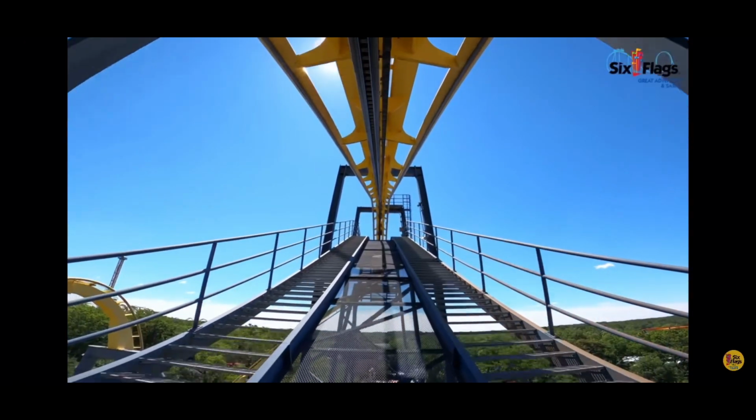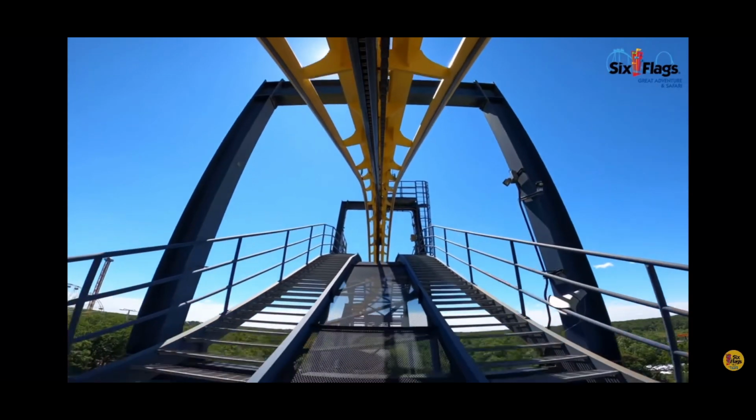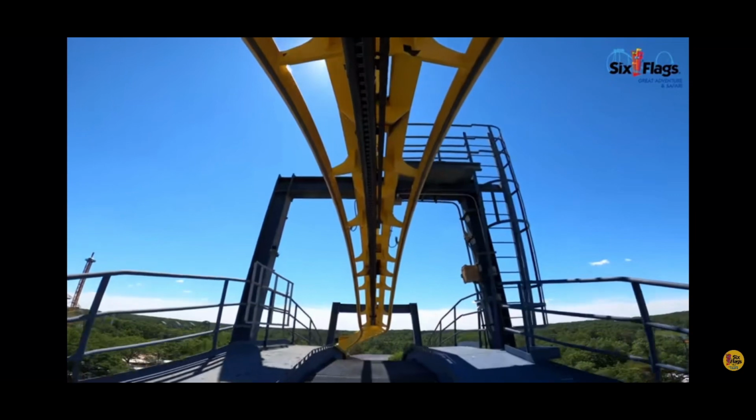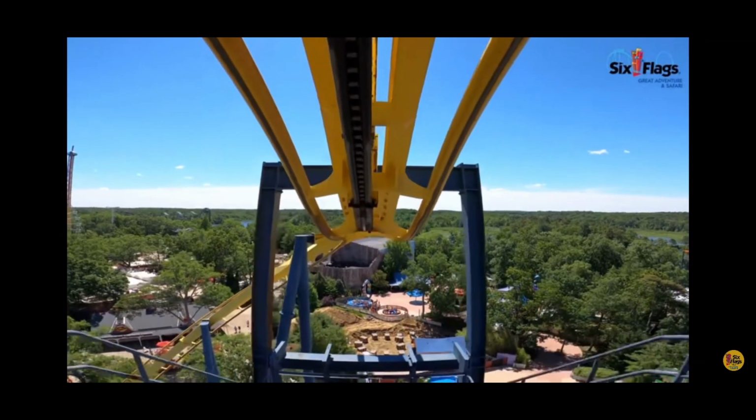At number 6 is Batman the Ride, the B&M invert. This ride may not be very tall, fast, or long, but the layout packs a punch. All the inversions are very intense and snappy, and I always find myself graying out at some point during the